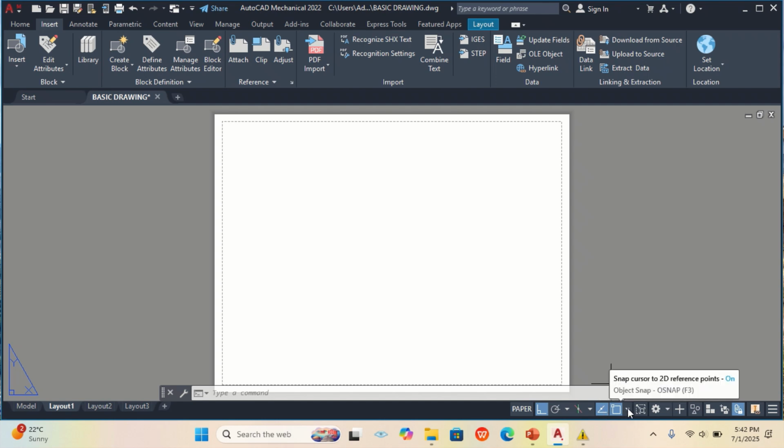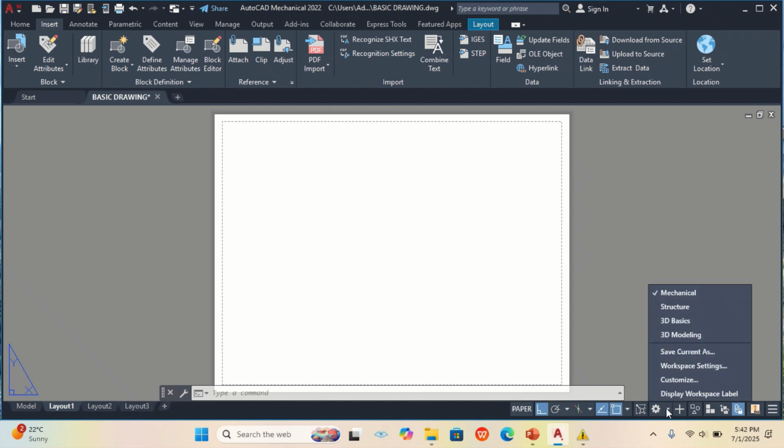Then we have a snap cursor, which is also on. There is the maximize viewport. And then once you click on this icon where there is setting, there is the mechanical, structure, 3D basics, 3D modeling. So in our case, we are focusing on 2D at the moment. Then there is save current as workspace settings, customize. So workspace settings,